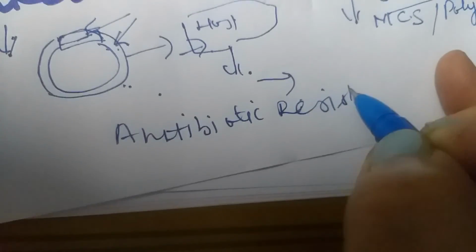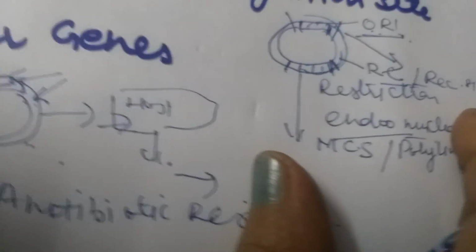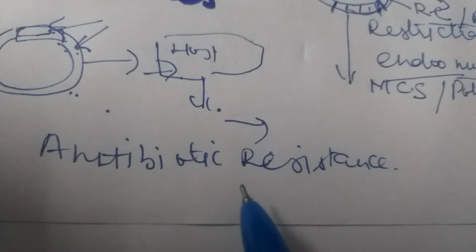Now, how do we explain this? That particular gene which is providing antibiotic resistance